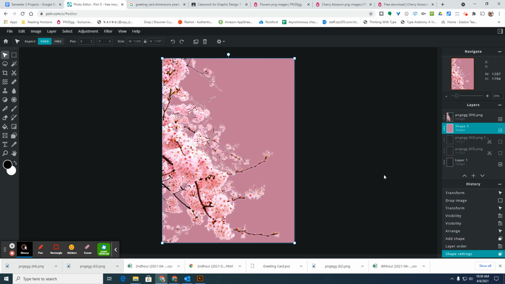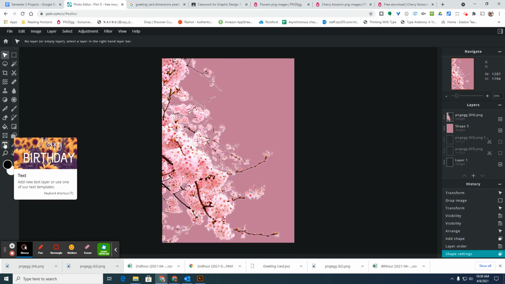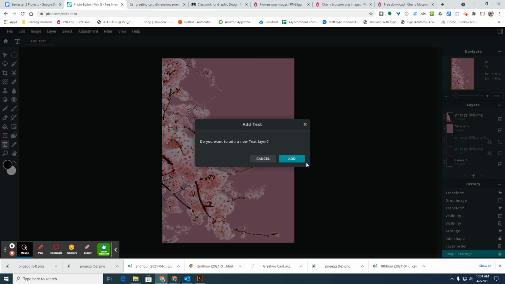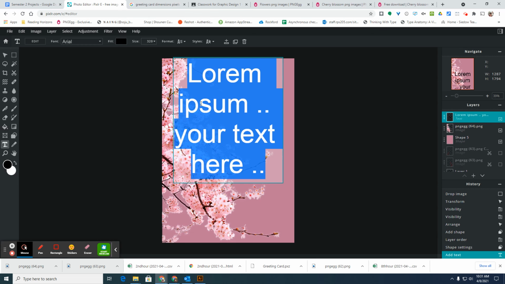Once you've designed the background and the picture on your card, the last thing to do is add text. So I'm going to get my text tool, click where on my picture I want to add the text, say that yes, I want to add a text layer, and then you can get to all the different text settings